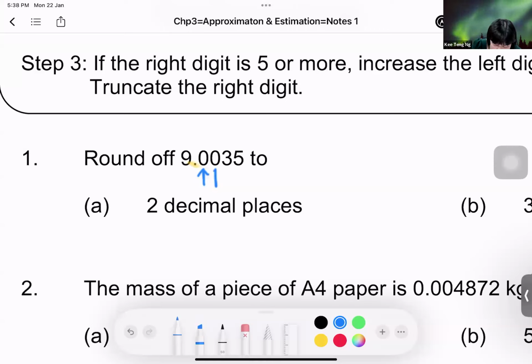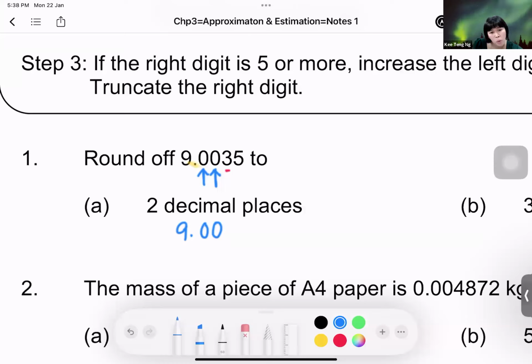Then this will be my second decimal place. Next, I need to look at the third decimal place over here. Is it 5 or more? It is not, then I do not round up the number. If this is 5 or more, I need to round up the number. So in this case, my answer correct to 2 decimal places, I will need to truncate it, cut it off at